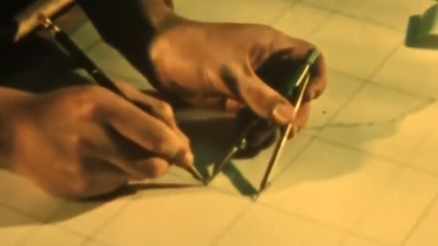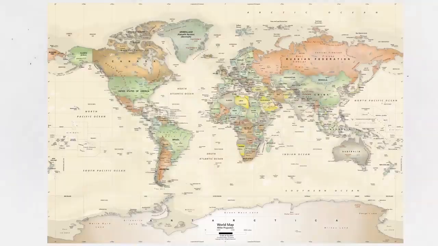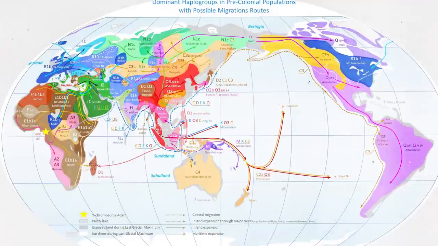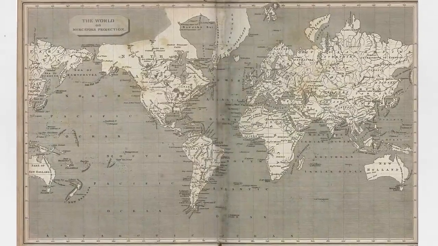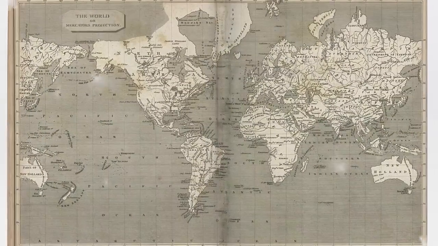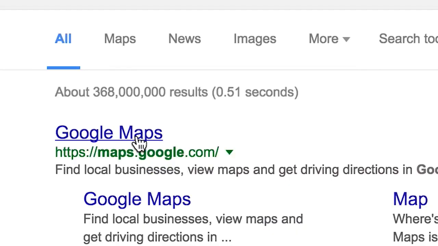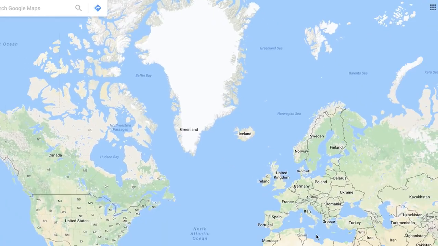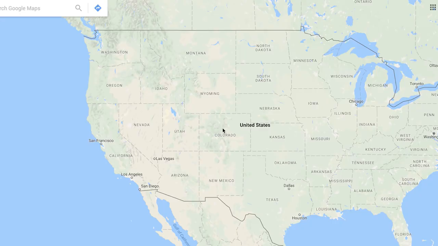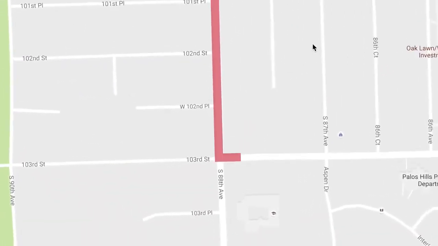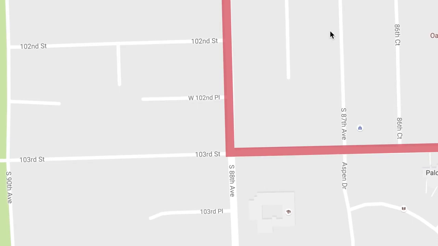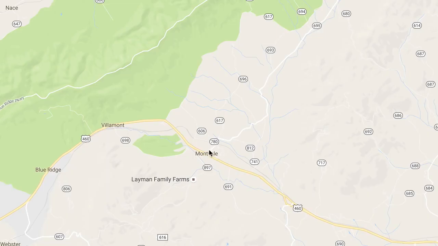Map projection choices became less about navigational imperatives and more about aesthetic, design, and presentation. The Mercator projection, that once vital tool of pre-GPS navigation, was shunned by cartographers who now saw it as misleading. But even still, most web mapping tools like Google Maps use the Mercator. This is because the Mercator's ability to preserve shape and angles makes close-up views of cities more accurate. A 90-degree left turn on the map is a 90-degree left turn on the street that you're driving down. The distortion is minimal when you're